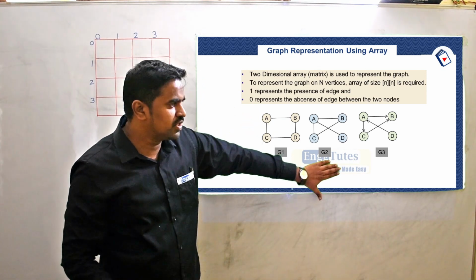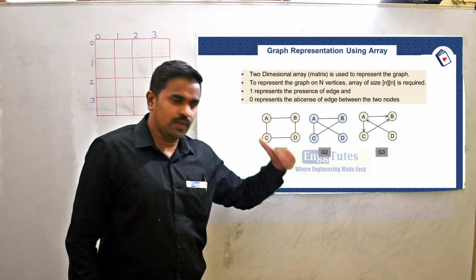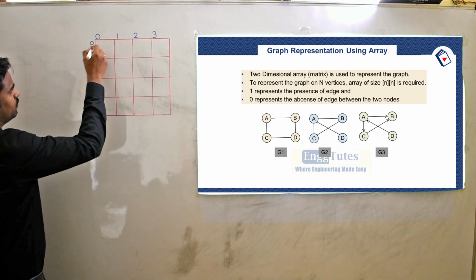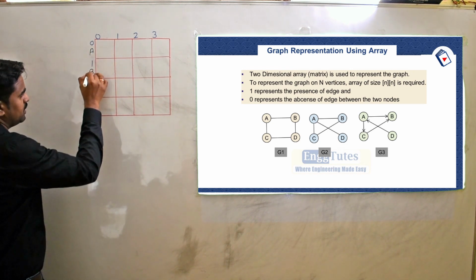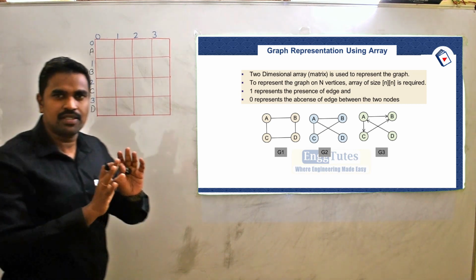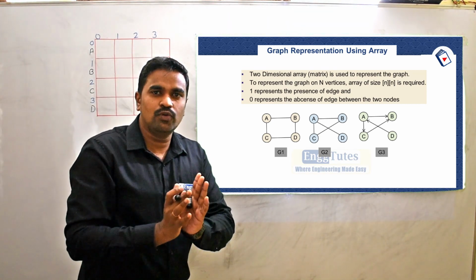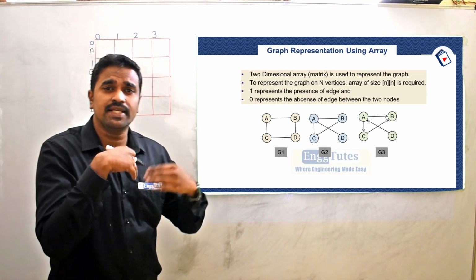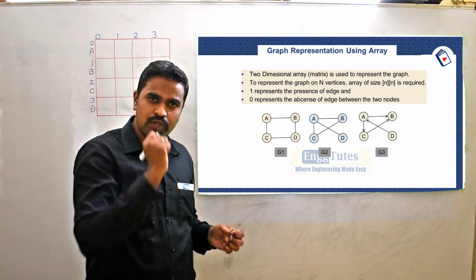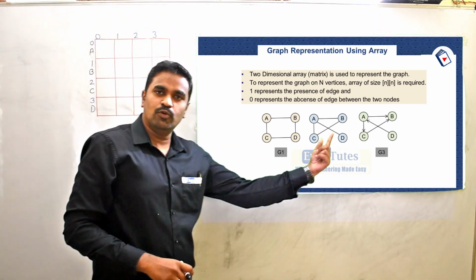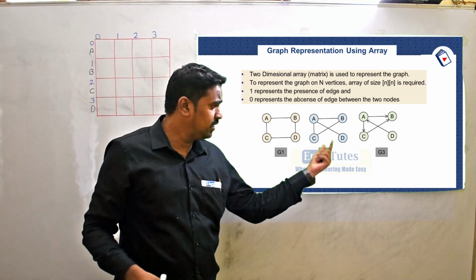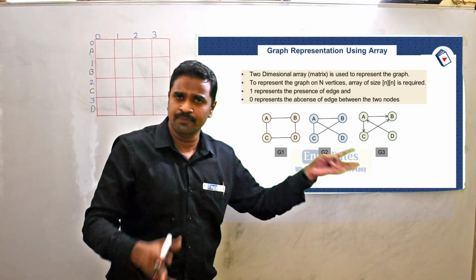Let's plot the graph for G2. So G2, which has the vertices A, B, C, D. So let's consider this is my vertex A, this is B, this is C and this is D. Now there should be no confusion about 1 2 3 4 and ABCD. The 0 1 2 3 represent the indices of the matrix, and the names can be anything, PQRS or ABCD, let it be any name, let the names be cities like Pune, Bangalore, Hyderabad, anything.